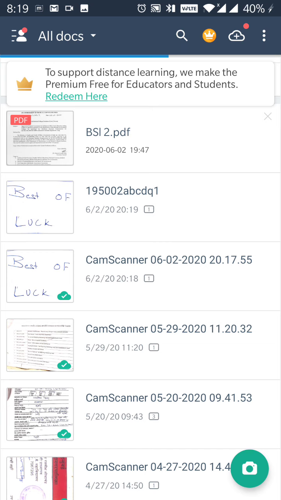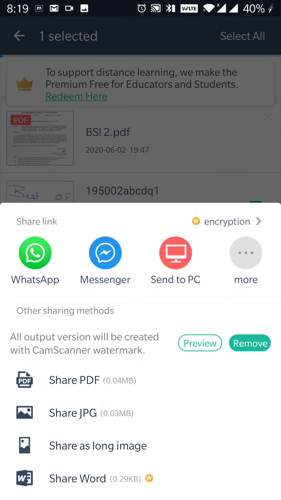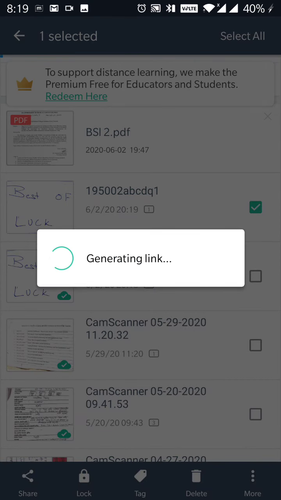Once all the files are ready, press the share button on the lower left side and click on the more button. Start generating. If it's showing generating link, don't upload.